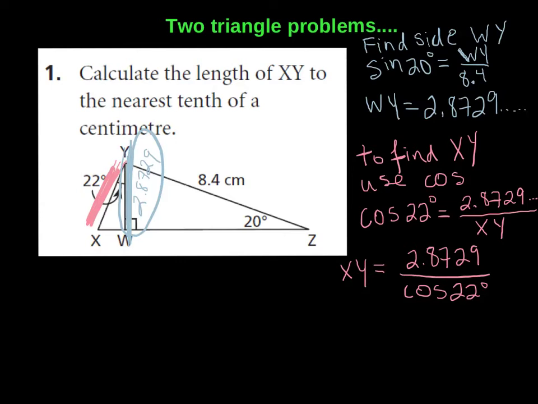Okay, so you have to be quick on that pause button. So to find XY, I realized that I needed cosine because this is the angle that I care about, right? That's the angle I have. So this is the adjacent side and this is the hypotenuse. So that makes me use cos. Plug in what I know, solve for what I don't know, and then that gives me the answer of XY having the length of